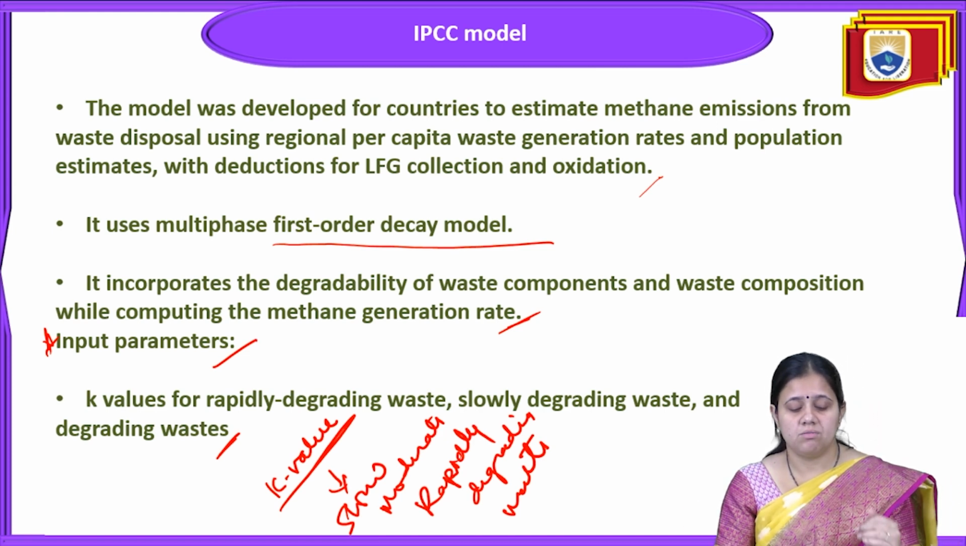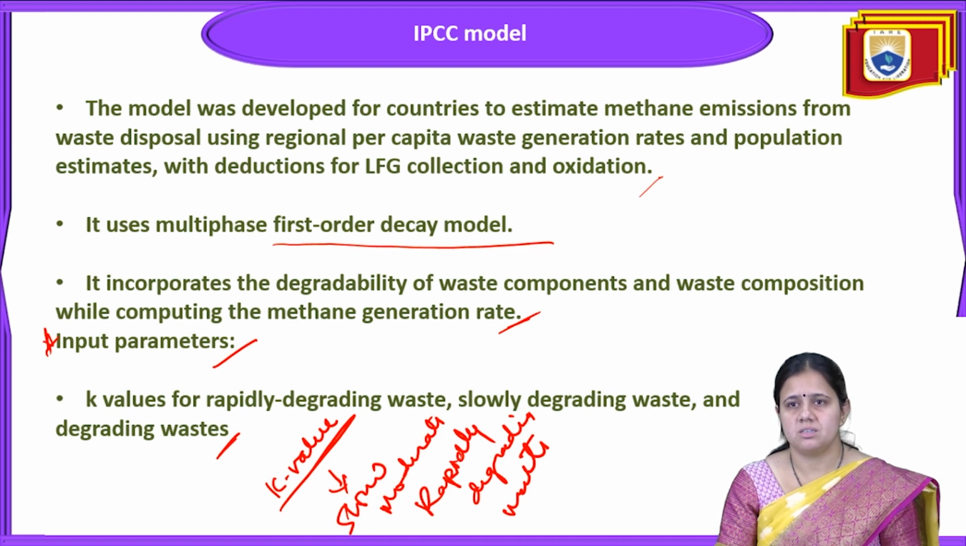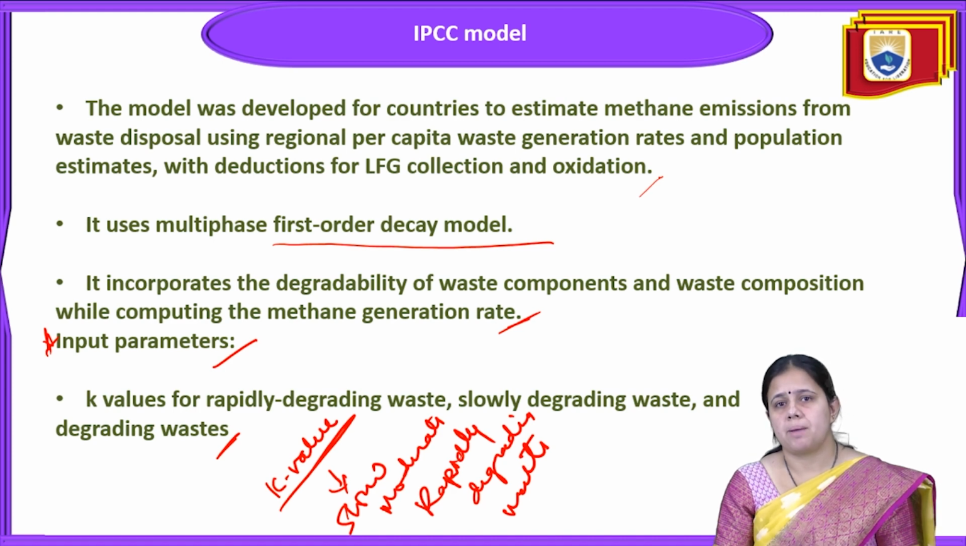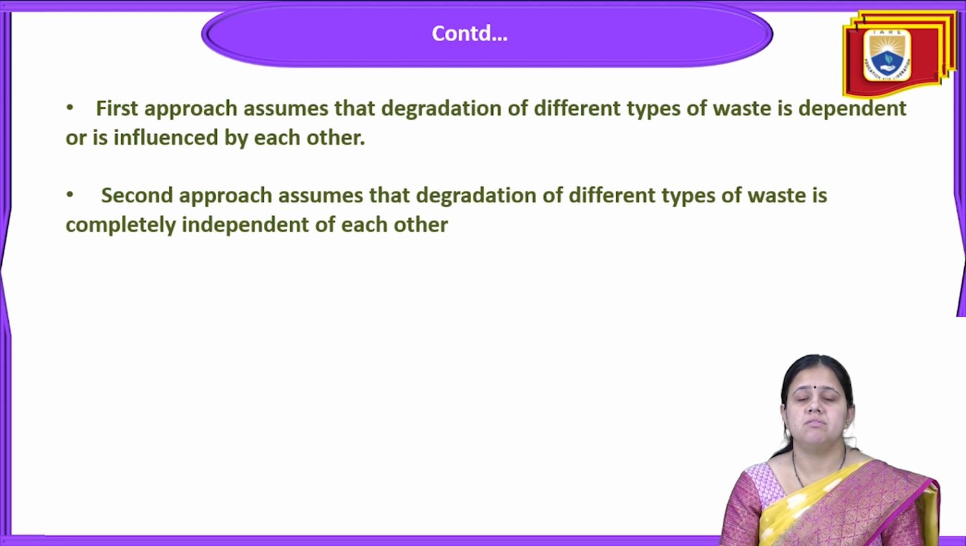And while computing the methane generation rates, the input parameter is the K value. This K value is for rapidly degrading waste, slowly degrading waste, and moderately degrading waste. Okay. First approach is that it will be assumed that the degradation of different type of waste